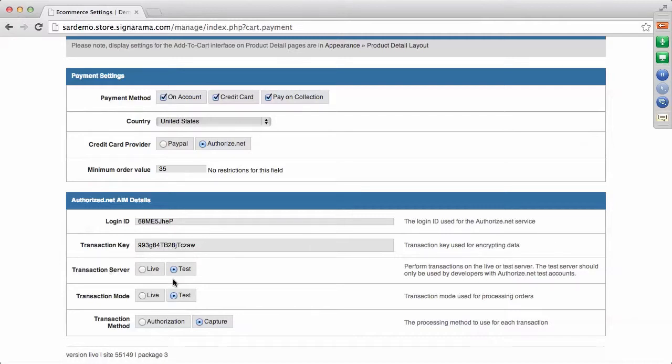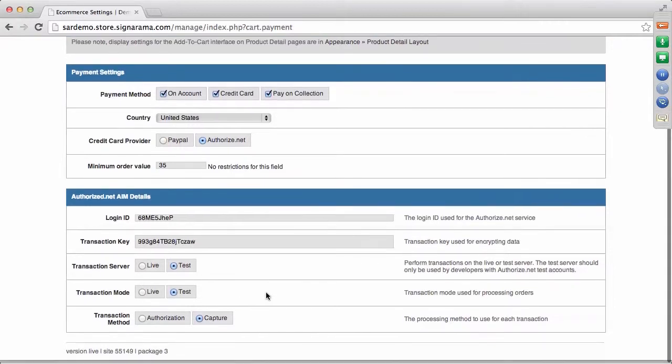And then you'll obviously want to, we have it set in test mode because I'm on the demo site, but you'll want to turn on live transaction server and live transaction mode. Now if I was to choose, I don't want to switch it over, but if I was to choose PayPal, you really just have a login code and then one, I think it's transaction mode, that you set to live. So your choices down here, depending upon which credit card provider you select, there's a different field down there for you to put your information. But since we have Authorize.net chosen, we've got our login information, transaction key, you want to turn it to live,